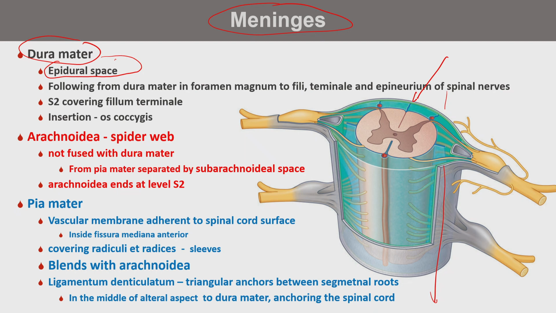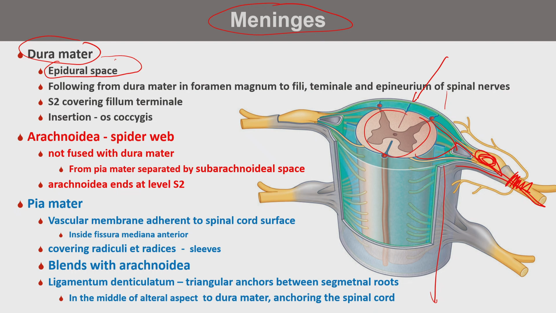What's happening laterally? From the spinal cord roots are emerging, forming the spinal nerve, and then the dural coverage makes sleeves of those nervous structures which are fused at the level of the spinal nerve with the so-called epineurium, or it is following to the epineurium. So the outside layer of the peripheral nervous system. So this is a continuation of this tissue.